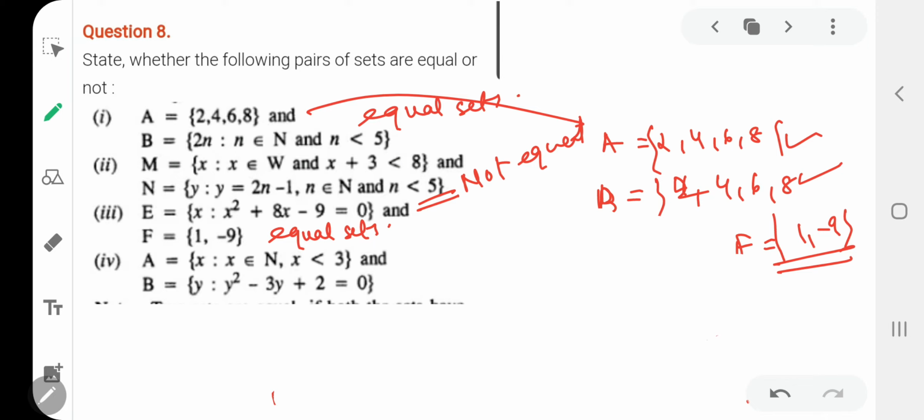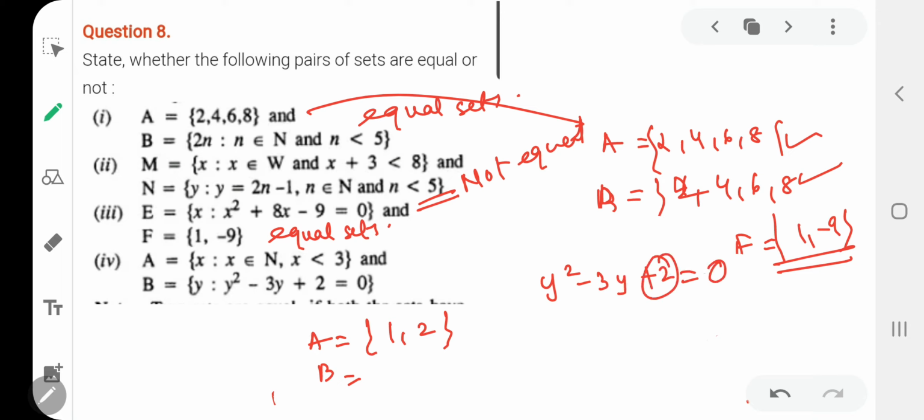Next we have question number 4 which says A is a set of x such that it belongs to natural numbers and x is less than 3. So A will be the set of 1, 2. Am I correct? What about B? For B you have to solve this equation, my dear kids. 2 in such a table, such the factors of 2 so that the addition of those two factors will give you 3. Can we go for 2 and 1? Y square minus 2y plus 1y plus 2 is equal to 0. So y minus 2 plus 1